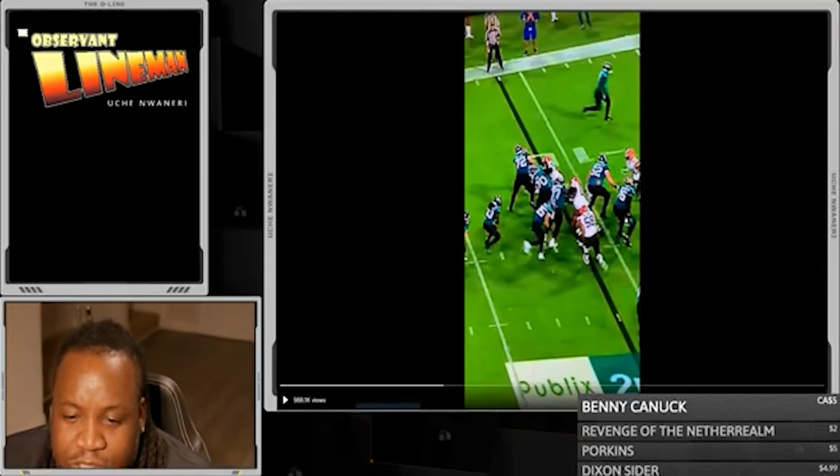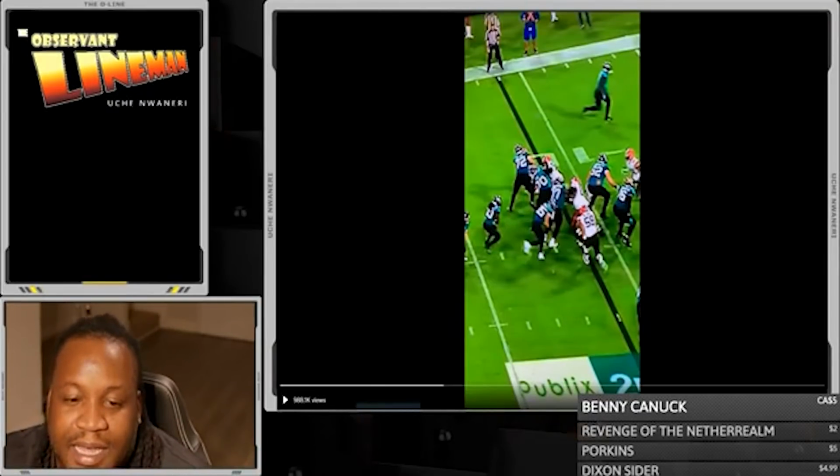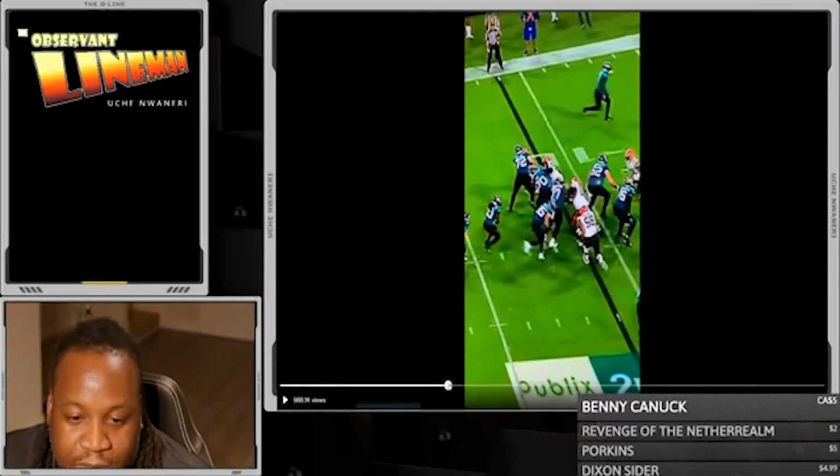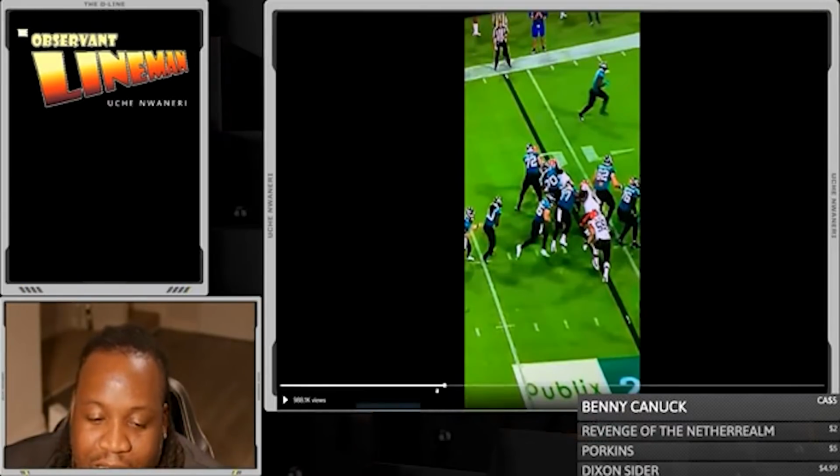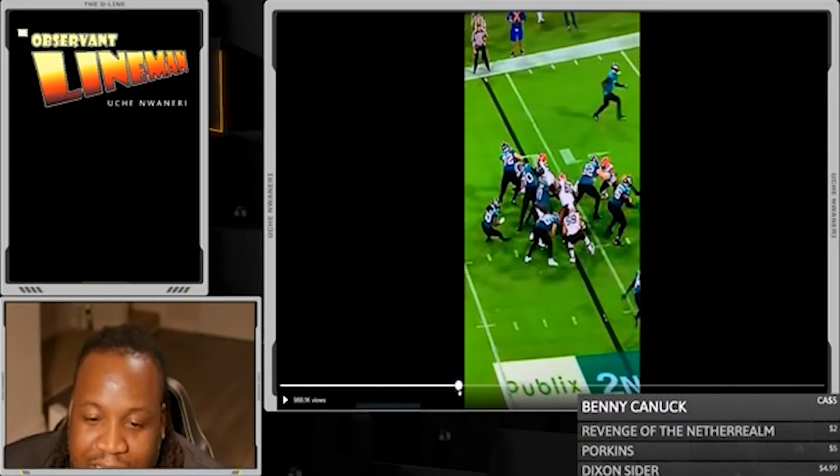This is where his blockers are. If he runs out here, these guys miss their blocks because those guys run outside. He has to open this up. He is the lead block. It's not the wrong shoulder, but he's supposed to try and pry this door open. He's supposed to move this guy this way. Move him this way. Open it up so that there's a lane right here. He's the lead block, and